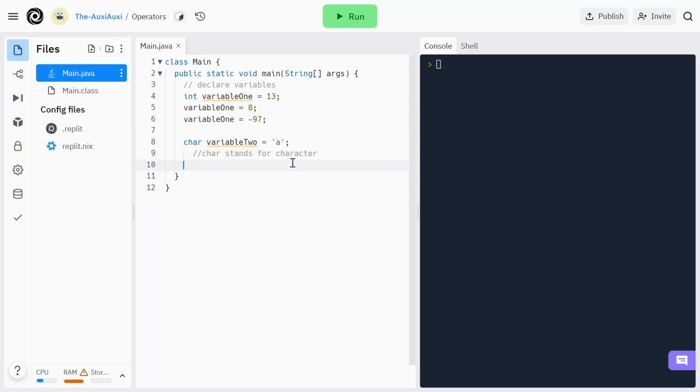Now with this char variable, you can store any letter you want inside, like it could be a B, it could be an N, Z, and you can store symbols, so an and sign, an at sign, all of that is completely valid. So let's write that down here. This can even be numbers,